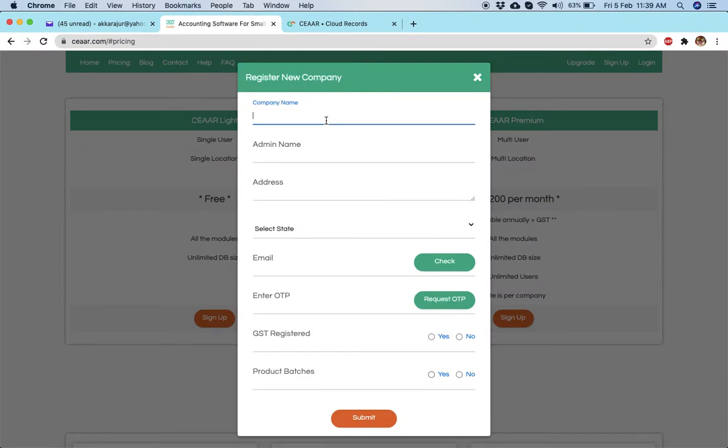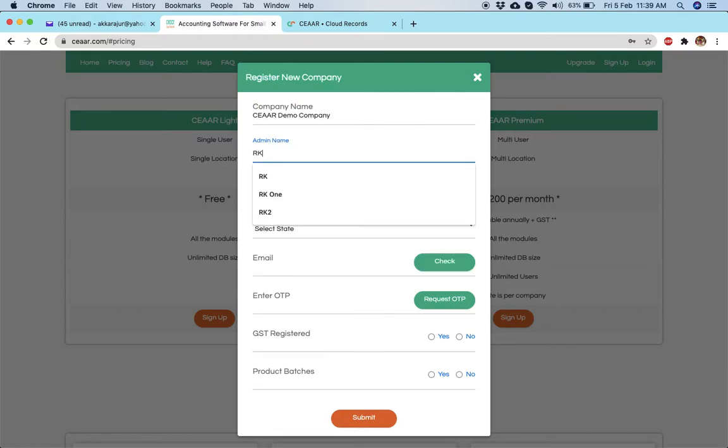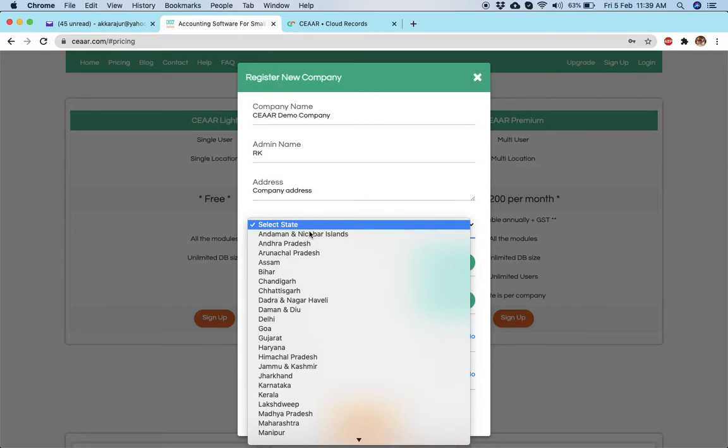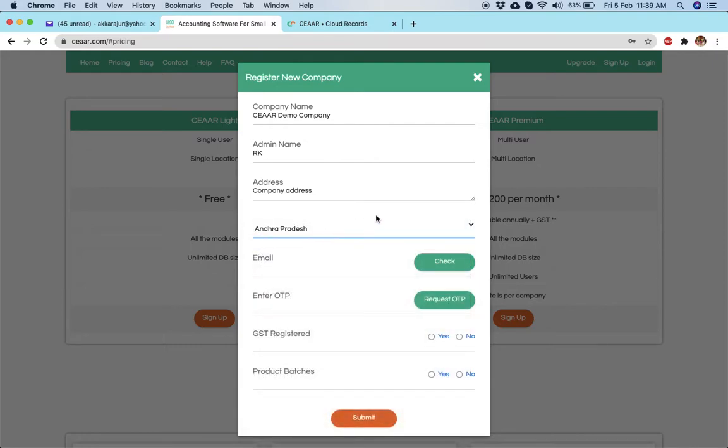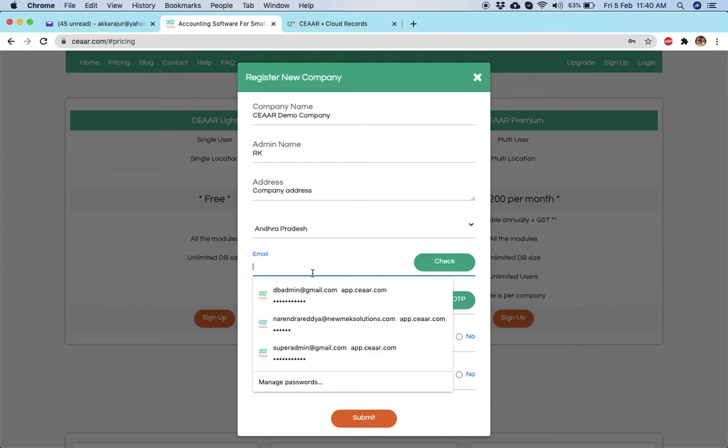Enter the company name, admin name, address, select the state. This application is now available only for India, and you have all the states listed in this drop down. Enter your email ID.